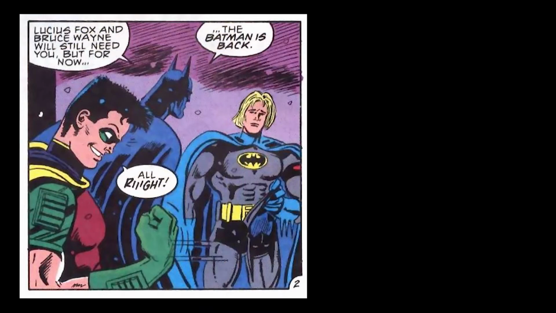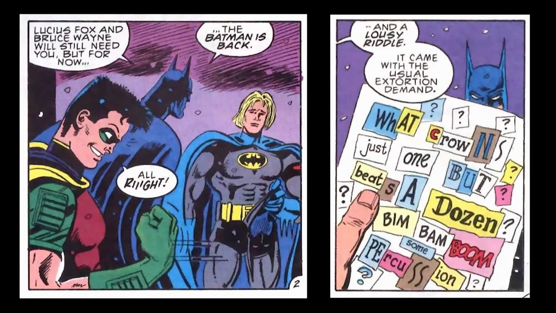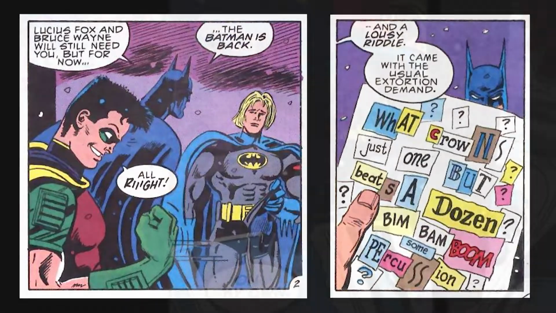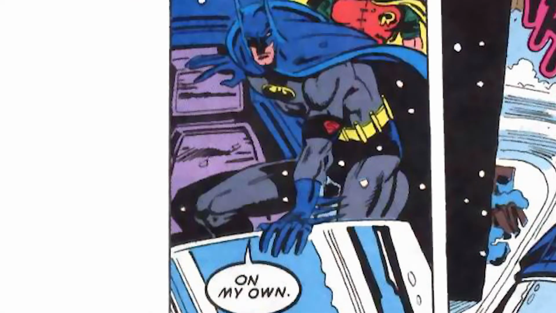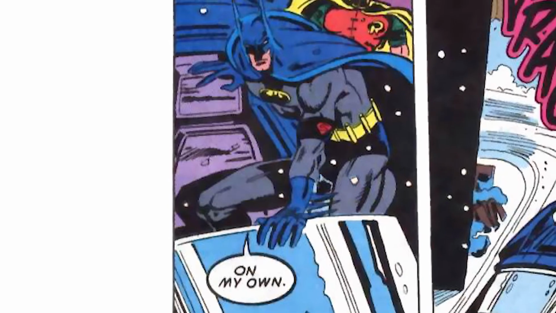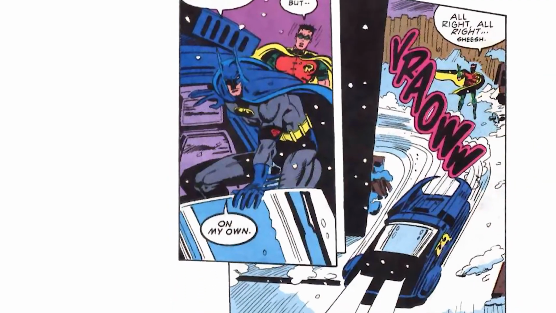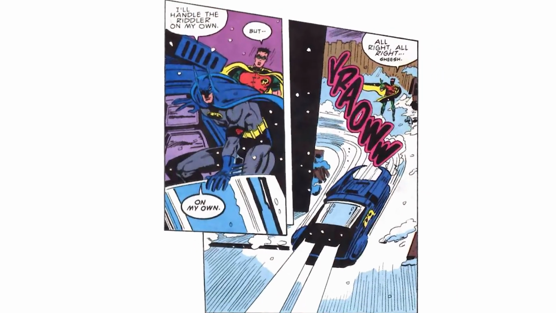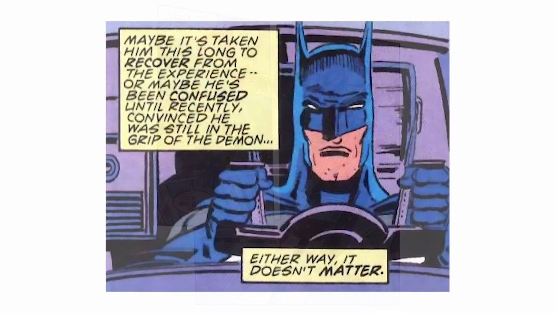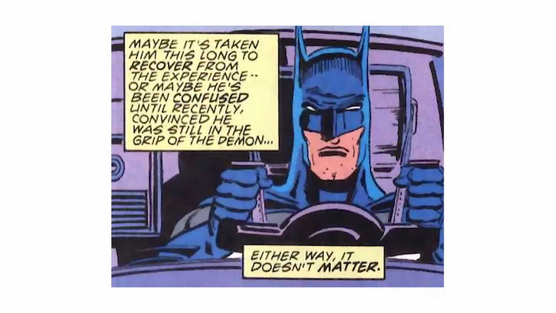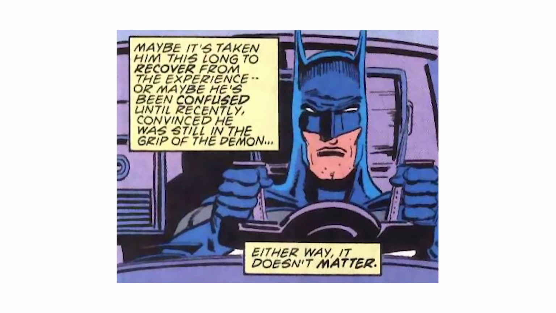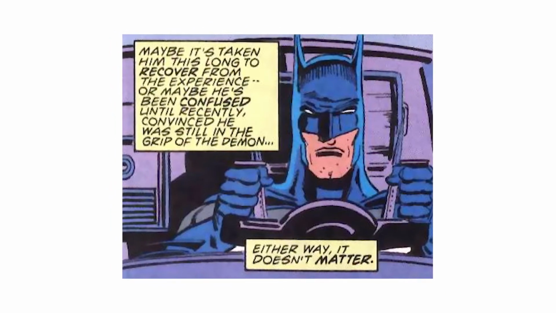The real Batman is back, and so is the Riddler. Gordon gives Batman all the information about the Riddler, and the Dark Knight decides to take on the Riddler alone. And this once again shows Batman's weakness on display. Robin and Azrael are more than qualified to help Batman, but instead he sends them home. In this situation, this is the worst possible decision and shows really poor judgment on Batman's part.